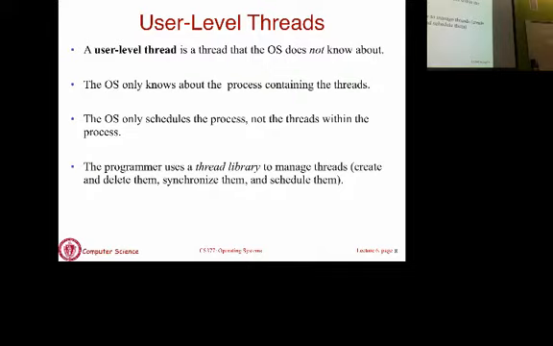When you say create a thread, that's a function call to a library, not a system call to the OS. In kernel level threads, when you create a thread, that triggers a system call so that the OS can set up state for the thread within the process control block and so on. When you create a user level thread, none of that has to happen. You just make a call to a function that goes to a library, and the library creates the thread for you.